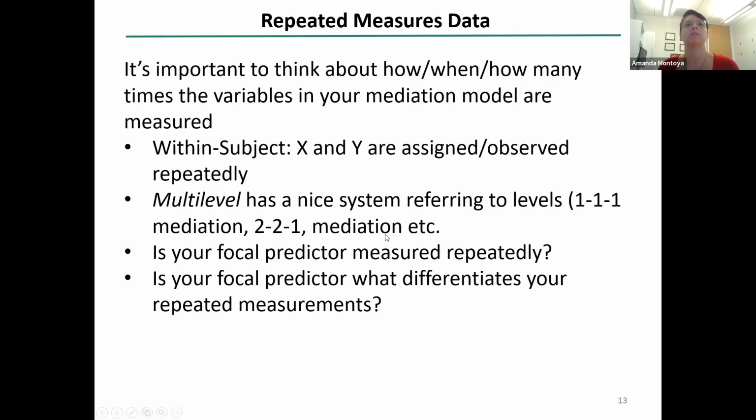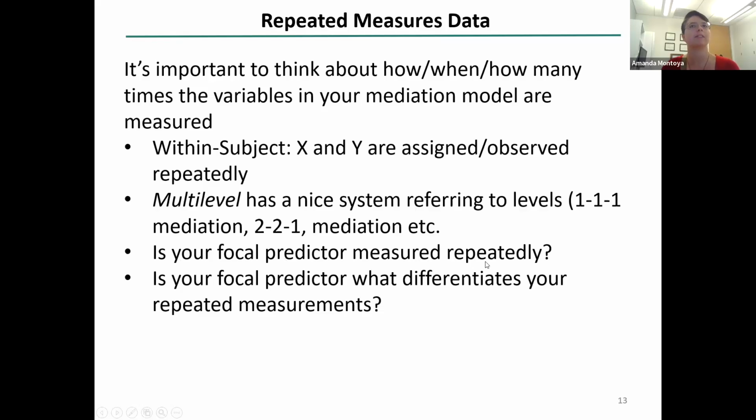Multi-level mediation has a really nice system referring to the levels of the observations. In a mediation model, there's an X, an M, and a Y, and they have this 3-number system to refer to different types of mediation models. Something else to think about is whether the focal predictor is measured repeatedly.